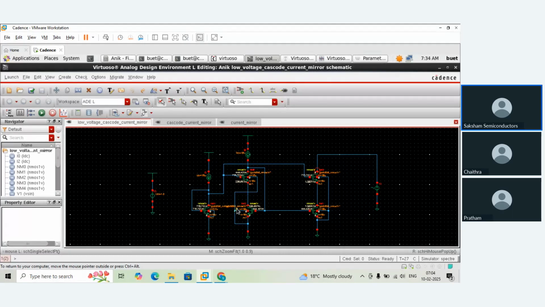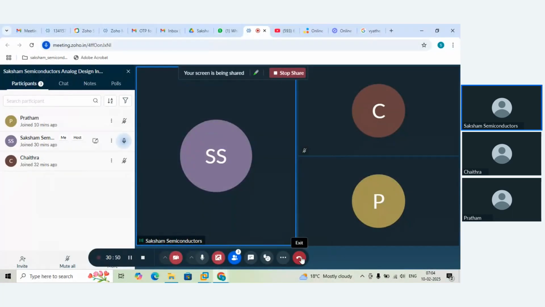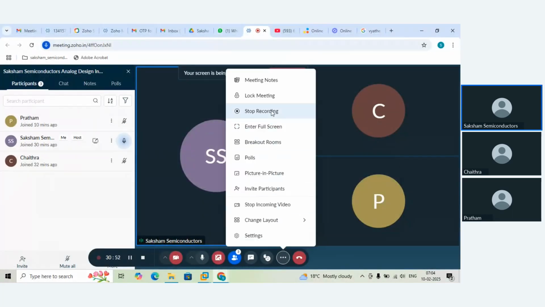I just wanted you to practice these things because we had a long gap. So try to work on these things and try to figure out the set of examples, and maybe in the subsequent sessions, we are left with another 5 to 6 sessions. So we'll try to cover all the labs and projects. And in the meantime, do practice. I have already pushed all these things to the Google Drive. So ensure that you're going to